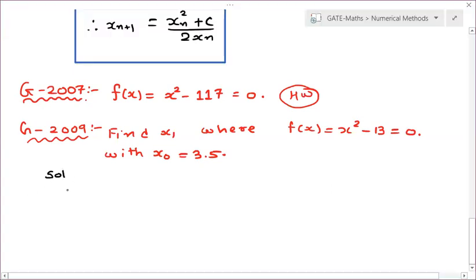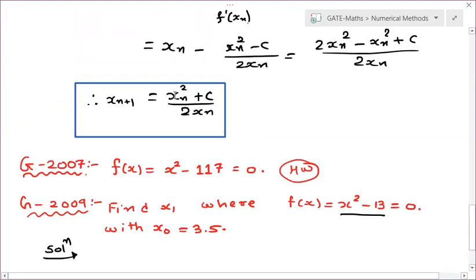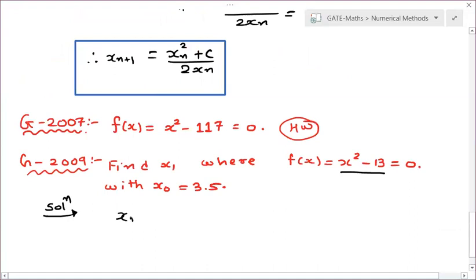So in the question itself they have specified that we have to use the Newton-Raphson method. This is the same or not? x square minus 13, right? x square equal to 13, x square equal to c, like the above question. So if you apply the Newton-Raphson method, then also you will get x(n+1) is equal to (xn square plus c) divided by 2xn, where c is 13 over here, isn't it? Because this is your x square equal to 13, which is equal to c.